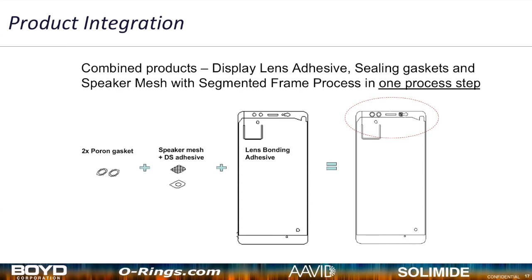Due to high requirements on assembly efficiency and quality, Boyd has the process technique to manufacture multiple products into one product delivery. So here you can see a product made in one process step. It's a lens bonding adhesive with 2 additional sealing gaskets and 1 speaker mesh. This is a great opportunity to design a product where you can both save in cost and improve quality during assembly. So instead of 4 steps of assembly, you can reduce that to 1 in this